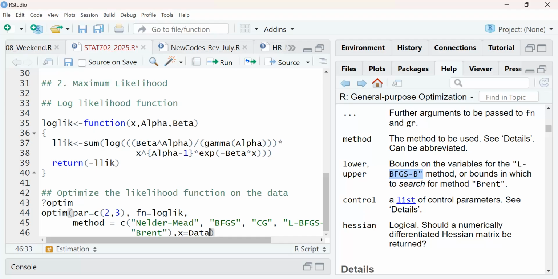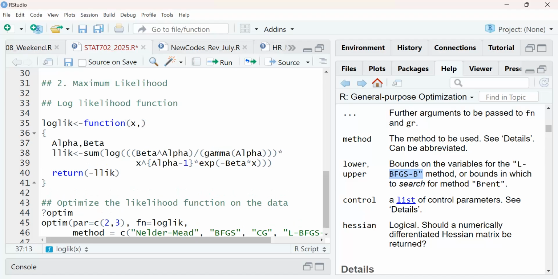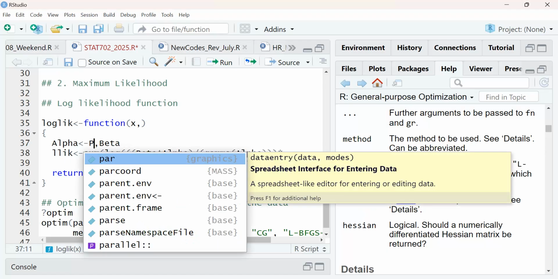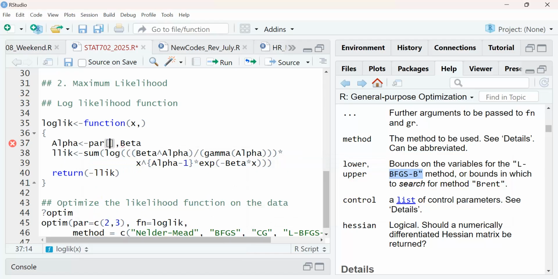pair. Okay, so another way to do this to make it easier is that we need to take out this inside it. So please, let's go in. So alpha is assigned pair 1. No, it has to be pair 1. And then beta will be assigned pair 2.